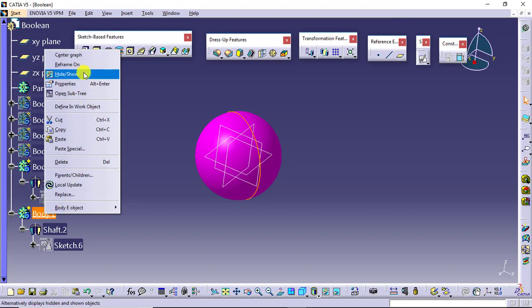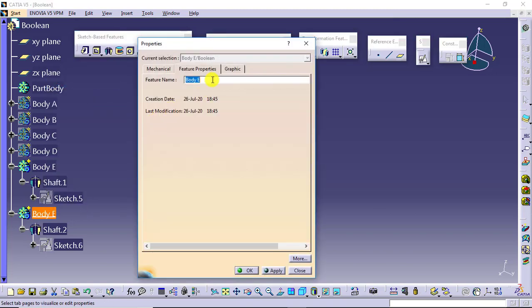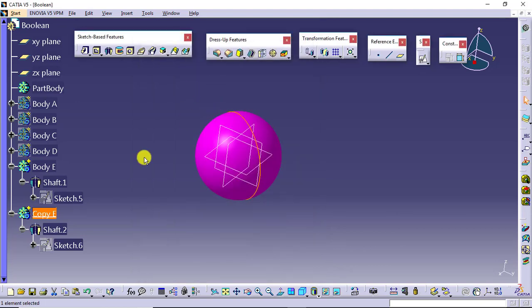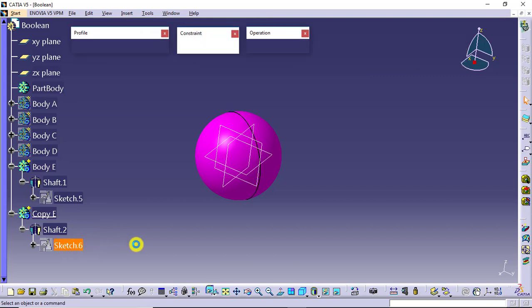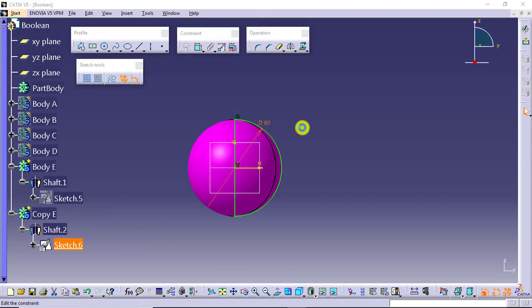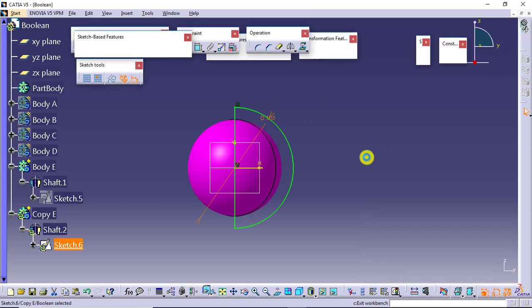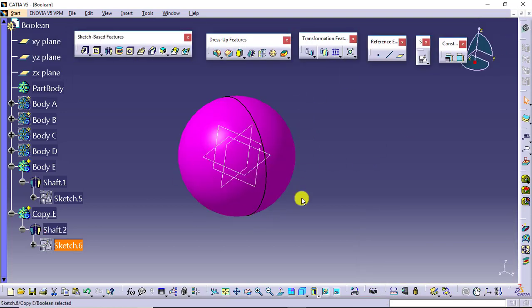You can make the required changes in this. For understanding I'll give it the name copy E. So this will be the copy of E. If you want, you can change sketch 6. You can make the required modifications, say update. That will be updated automatically. For understanding, I'll apply some transformation feature on body E. Body E is already activated.